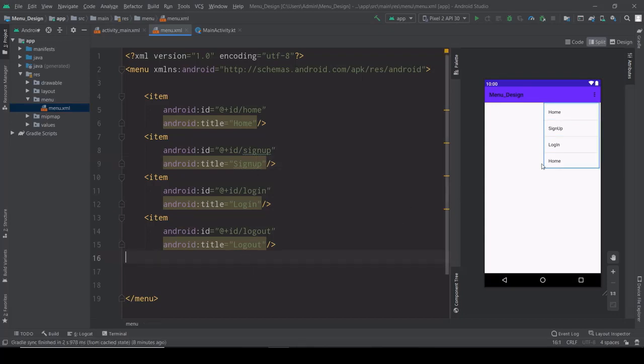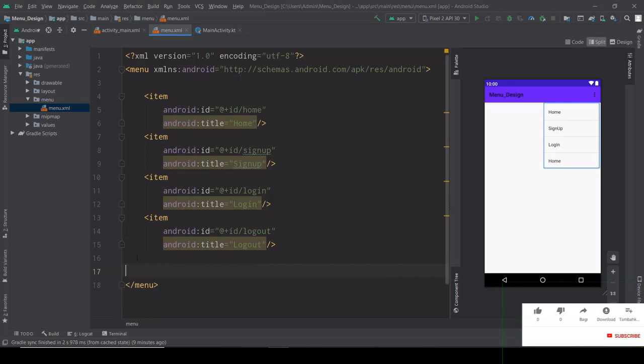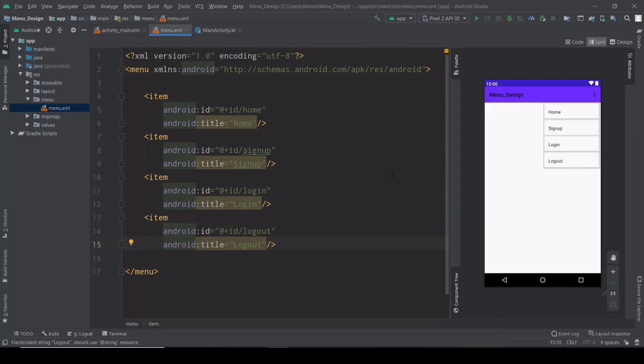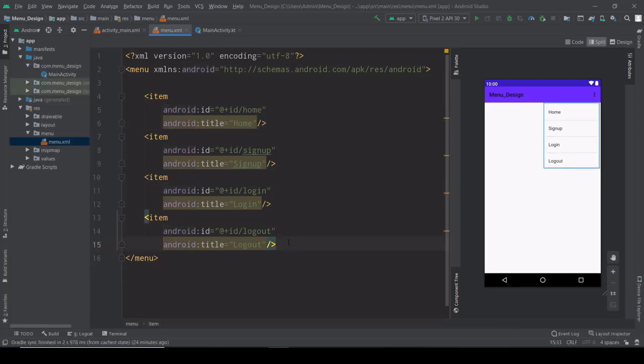Okay guys, we successfully created it. The last one we didn't change because my system is slow, it will be changed, just wait some time. Yeah, now it's changed. So we successfully created a menu for our home page. Now if you run this application in your emulator, it should not show these menus, because we have done only the design. We created the menus and put some items into the menu, but we didn't write any code for this menu in the package.